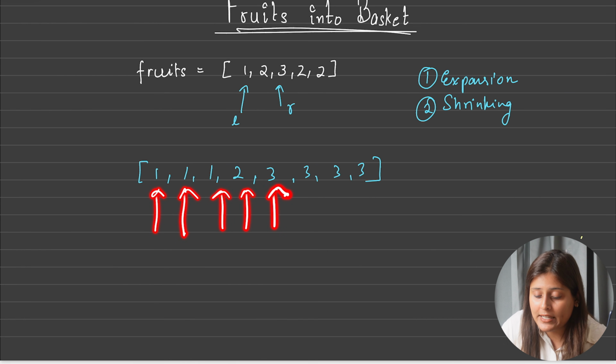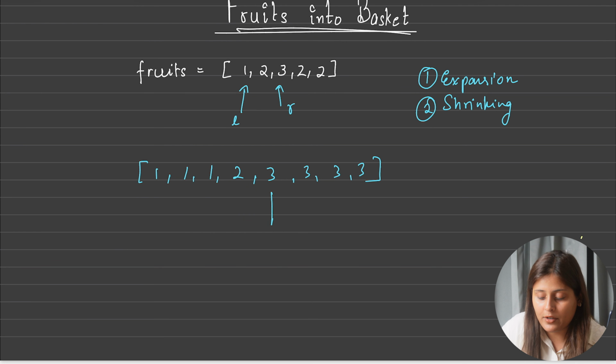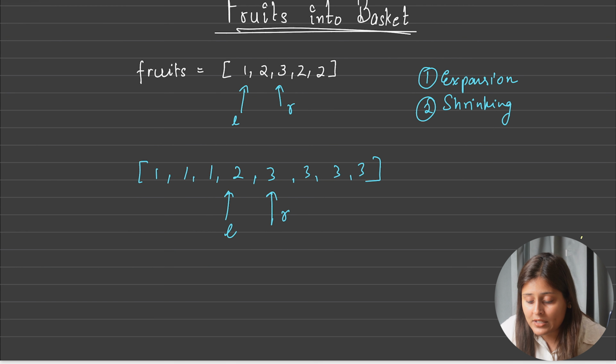After it hits the false case, my right pointer will be here now and the left pointer was here. I am saying start moving this left pointer until the condition becomes true. As of now it is false, so we will move. Do we have exactly 2 types of fruits in the basket? No. Again move. Do we have exactly 2 types of fruits in the basket? No. Again move. Now do we have? Yes. So basically keep on moving the right pointer until the condition becomes false and then keep on shrinking.